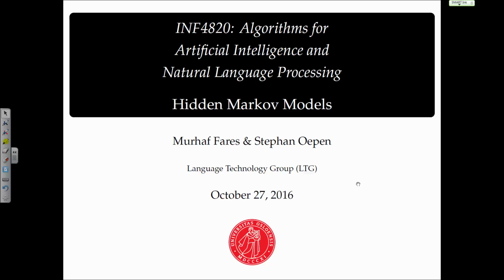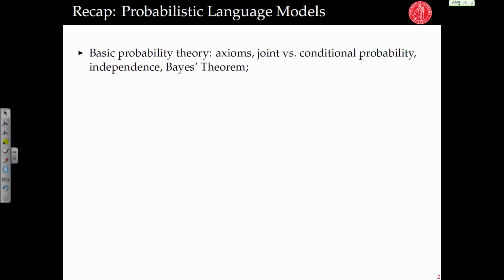Yes, so today's lecture is going to be about hidden Markov models. But before we start with this, we will, as usual, have a quick recap of last week. So last week we introduced some basic probability theory, basic axioms, the difference between conditional and joint probability, independence, and